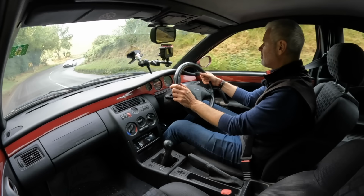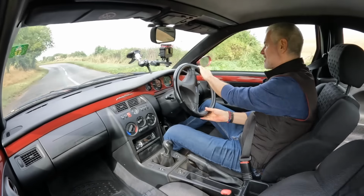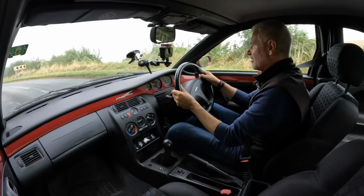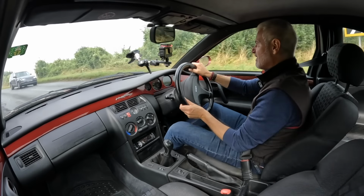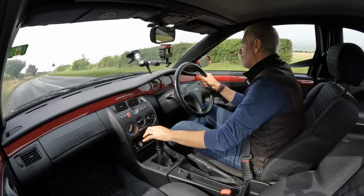I test drove a turbo a few years back, and I thought that perhaps the 20 valve engine, a little bit of understeer there, but very manageable. Oh, more understeer, less manageable there. But